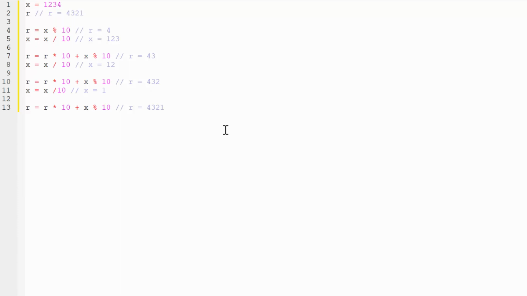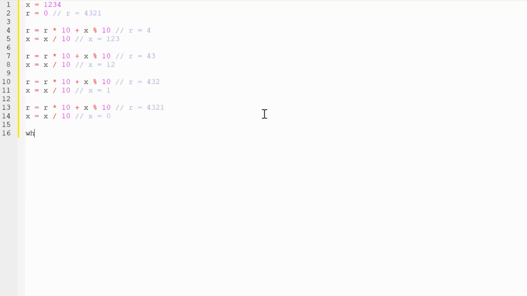So let's think how to write all this calculation as a loop, as a cycle. So you see the difference in the first equation. We don't have here r multiplied by 10. To match all the next calculations, let's just initialize our variable r with 0. And now we can match it with all the next equations. 0 multiplied by 10 will be 0, so still r is equal to 4. And also to finish the matching, to have all iterations, let's once again divide x by 10. And in this case, x will be equal to 0.